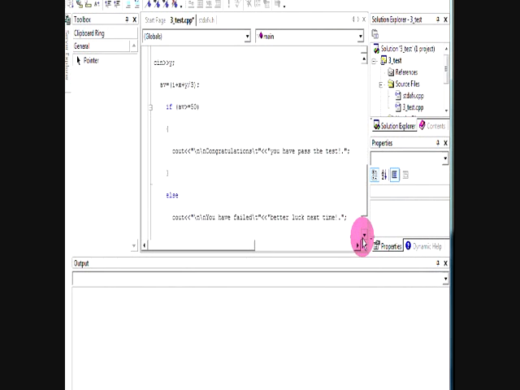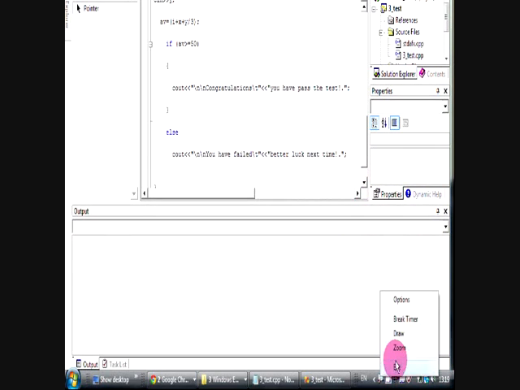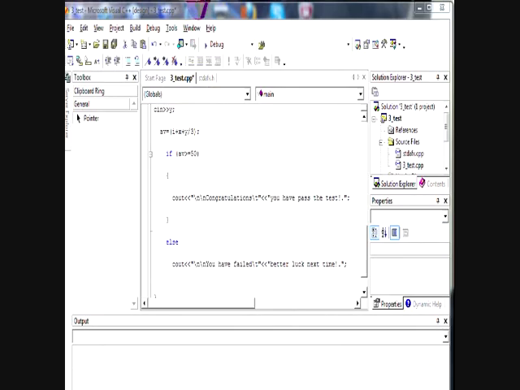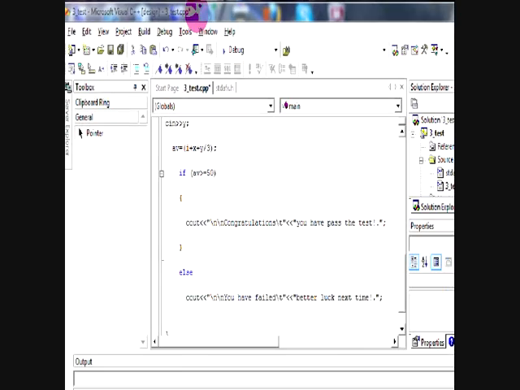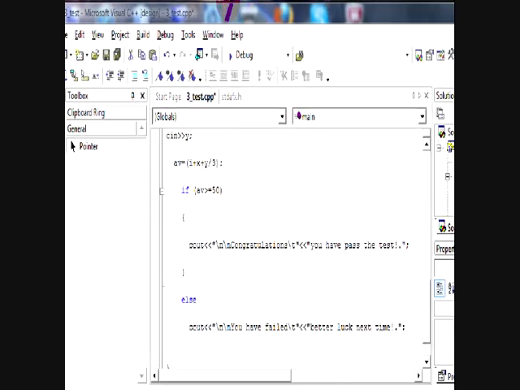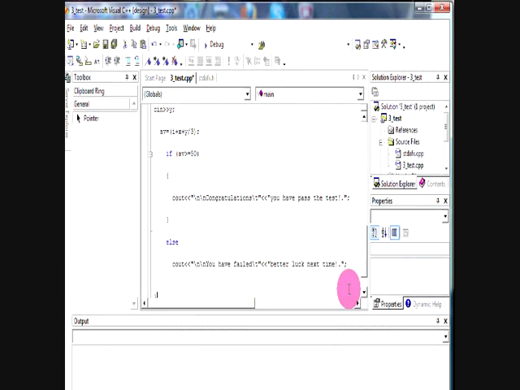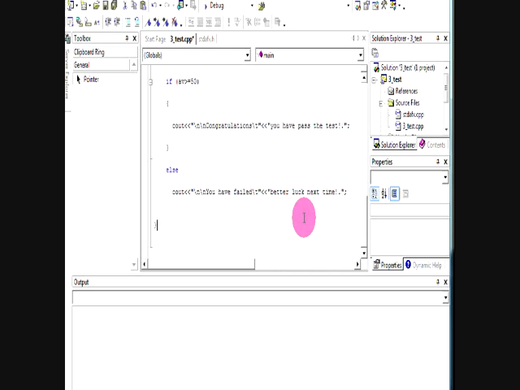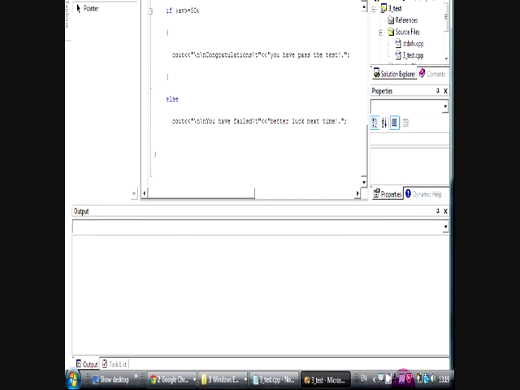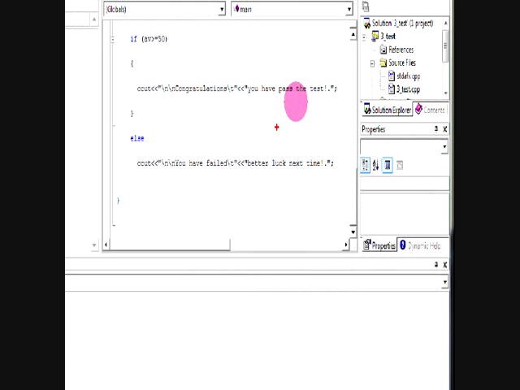Scroll down a little bit more and zoom it in. Okay, then a little bit more to the finish line, and then zoom it in. Okay,